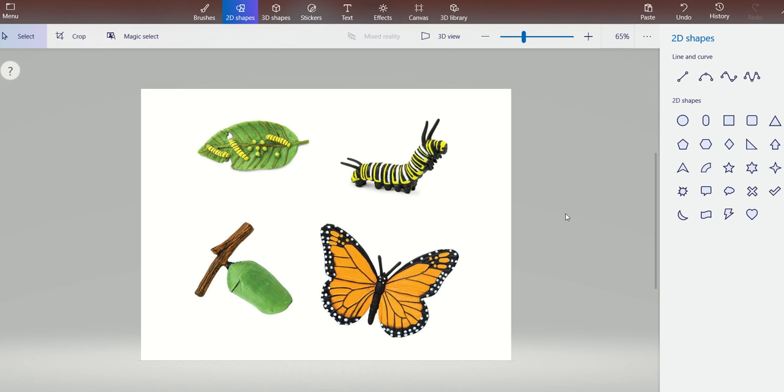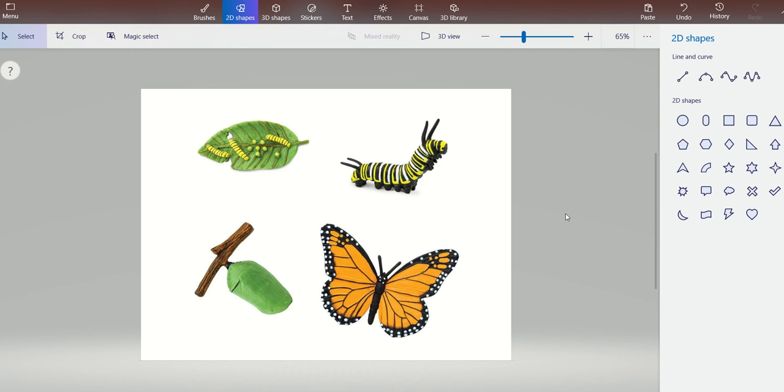So how exactly you are going to use this tool in creating a flowchart or a diagram: as you can see, what I have chosen today is the life cycle of a butterfly, so I'm going to train you on making a cyclic representation. Obviously I'm going to include a touch of 3D in it. You can further use this tool in making other flowcharts or diagrams that you have been creating previously, and you can use this 3D touch to give a better visual appeal to it.